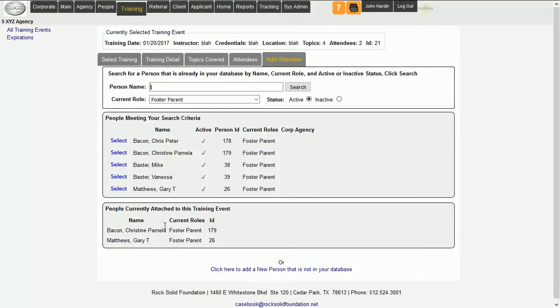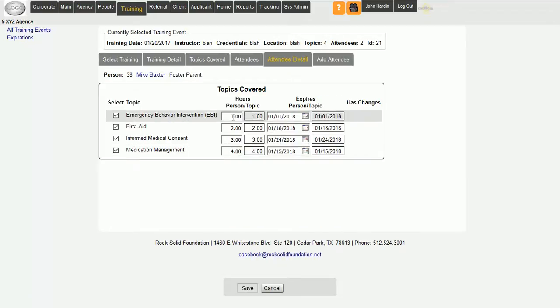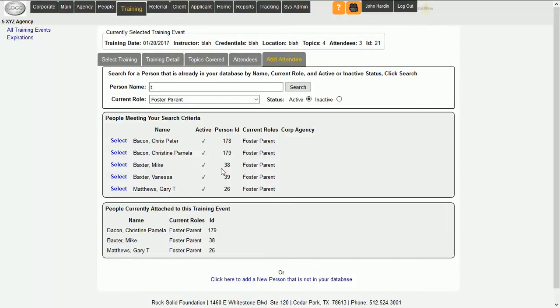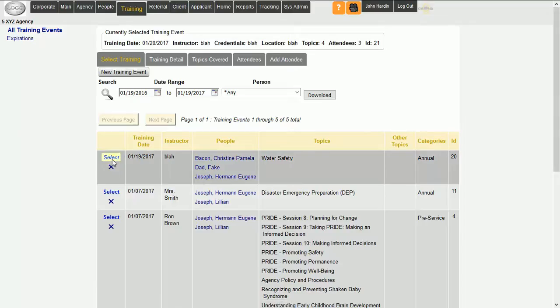So now we have 2 people assigned to multiple topics. Let's pick a third person. Let's say we got 8 hours here. And now we can save that. We have created the topic. As you add the people, that more or less completes that training event, but you continually add people to a single event. We go back and we look at our all training events,